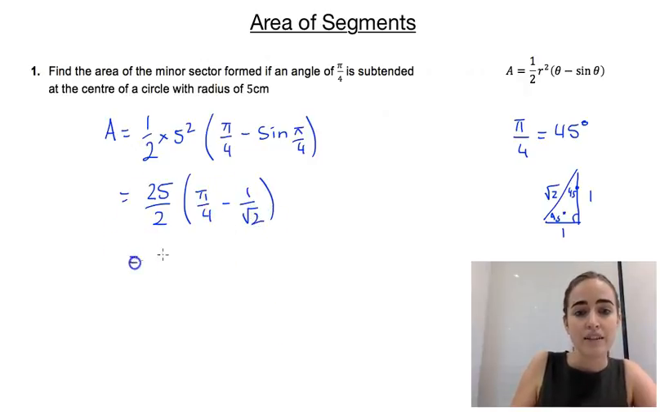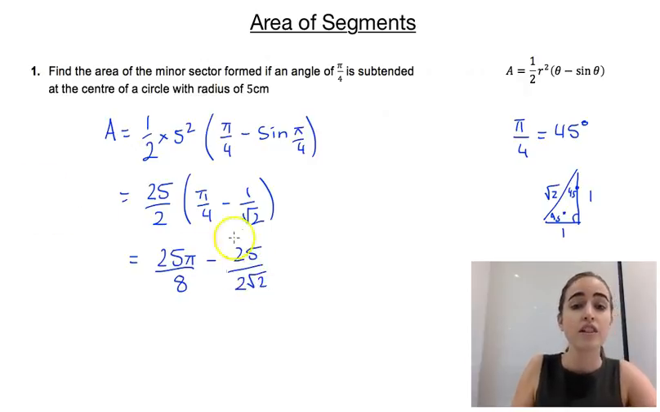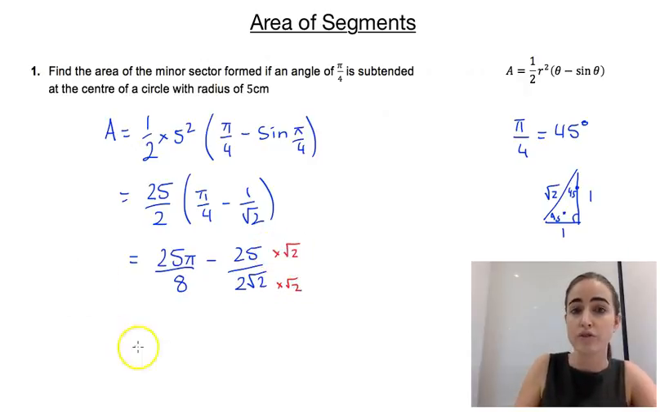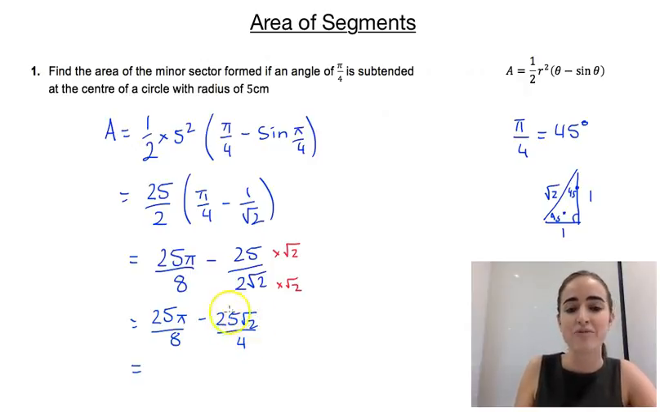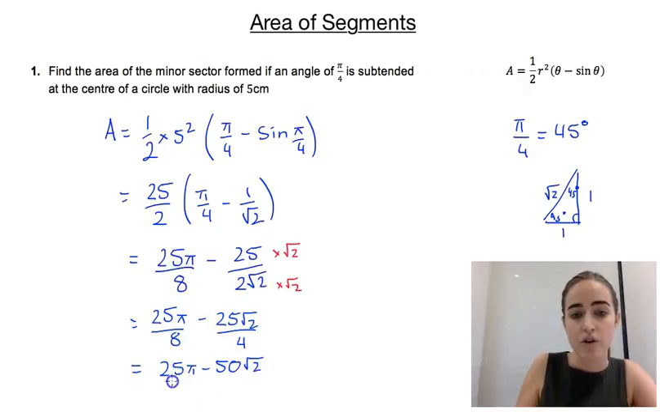So now I'm going to expand this out. So we're going to have 25 pi over 8 minus 25 over 2 root 2. I'm going to rationalize the denominator of this second fraction. So we're going to have to multiply the numerator and the denominator both by the square root of 2. So we'll have 25 pi on 8 minus 25 root 2 over 4. And if we put that all in one fraction now, to get them to have a common denominator of 8, we'd have to multiply the numerator and denominator in this one both by 2. So we'd have 25 pi minus 50 square root of 2 all over 8, and that's centimeters squared for the